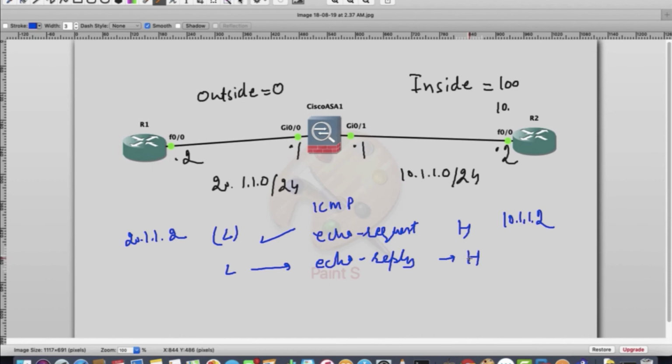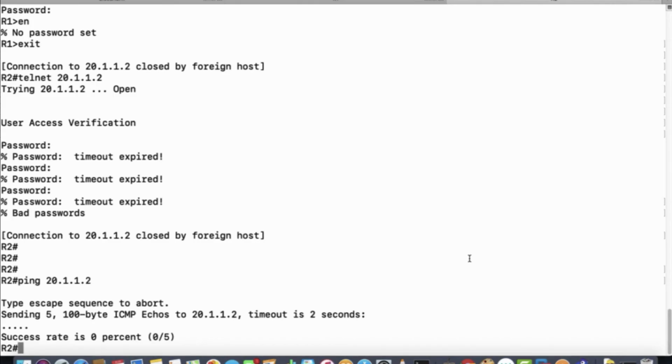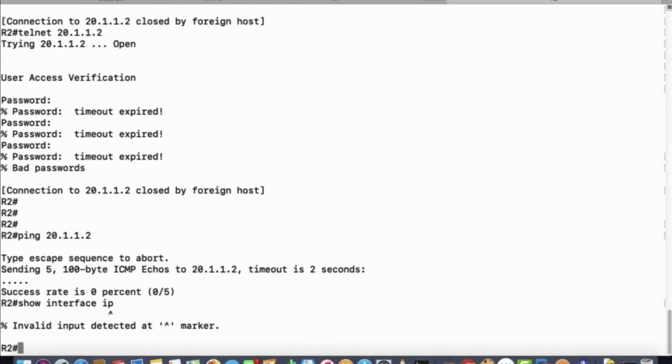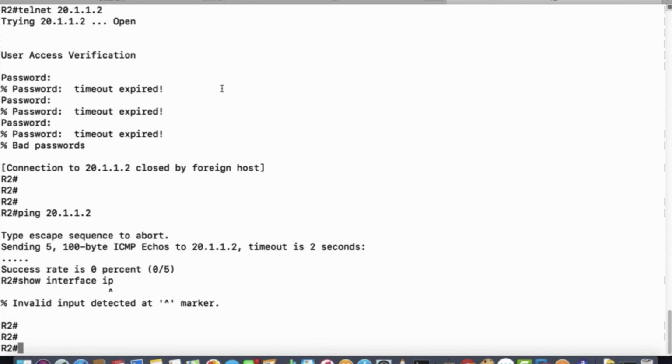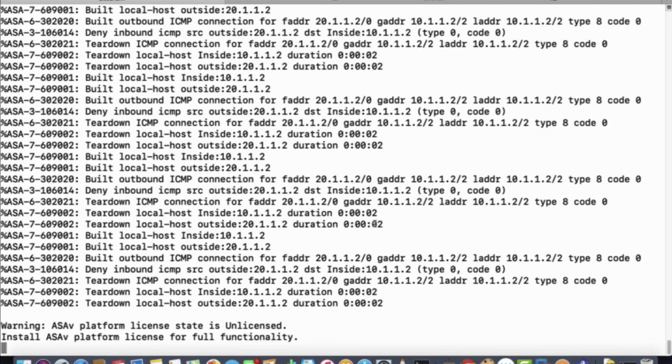It was blocked. We have to make changes in the global policy, which I can do right now, but let's make this first lecture short so that you don't lose interest. Sorry. So you understood all the teardown packets. See, build outbound ICMP connection from address 20.1.1.2.